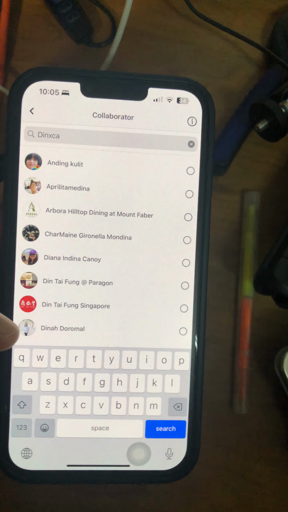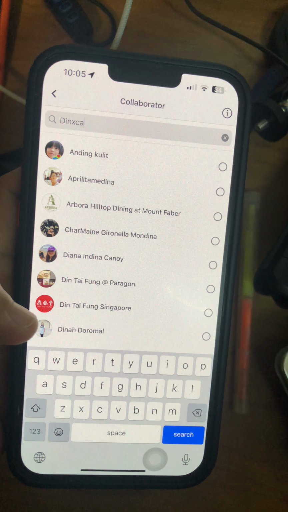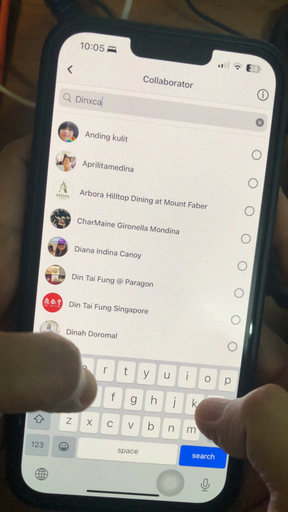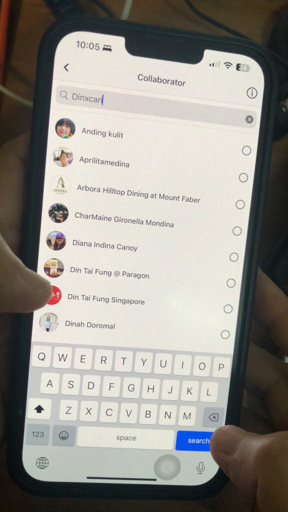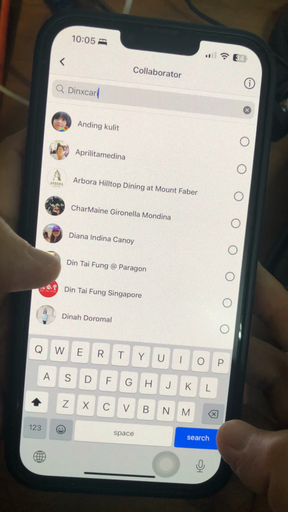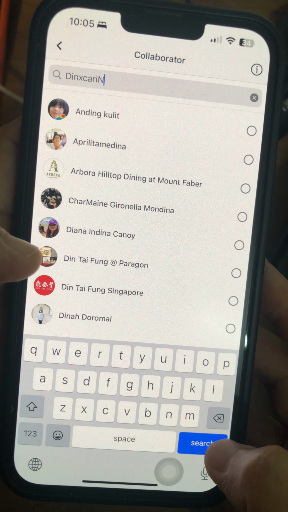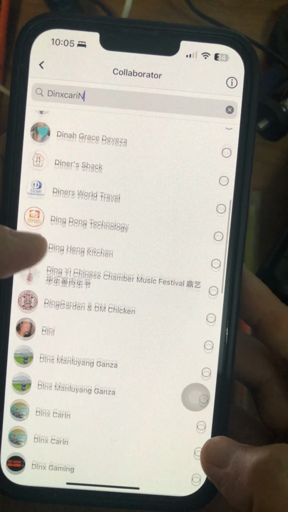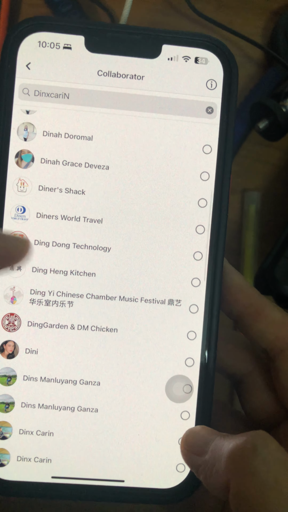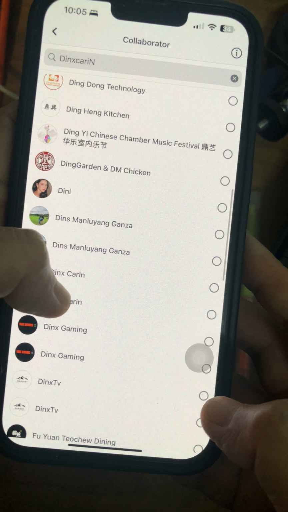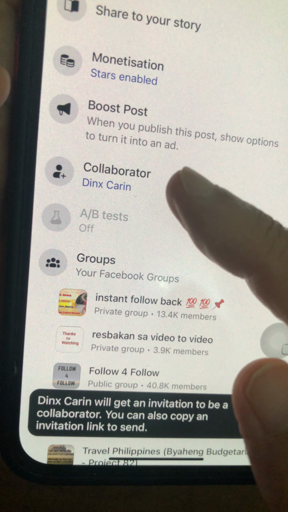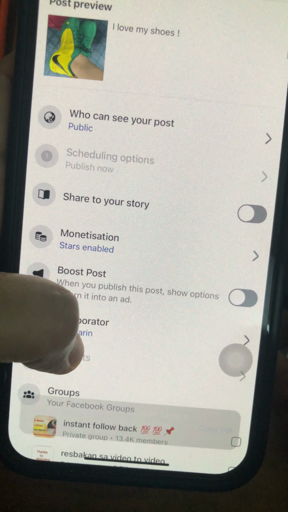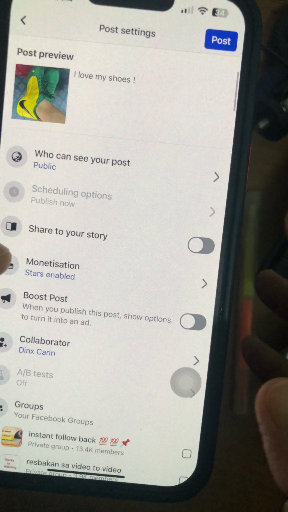So wait for my profile to come out. Might take a while. Where is it? See, that's my profile. Choose, then see, you can see it's there. Then